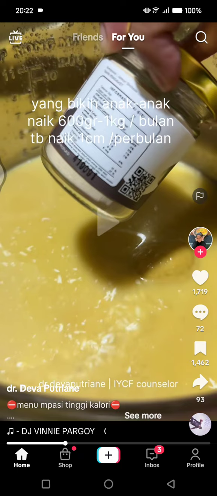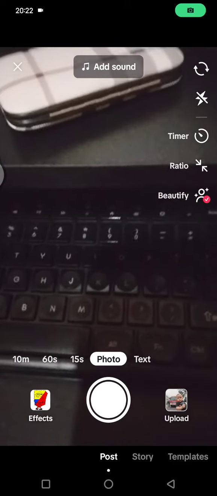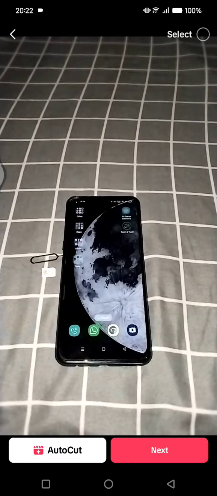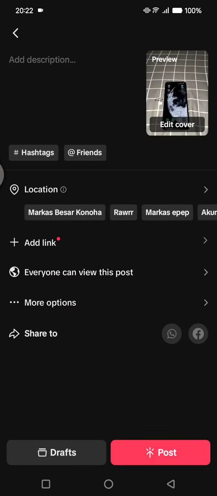So first, you can just click on the plus icon and start choosing the video that you want to upload. So I'm going to find the video first. So for example, in here I'm going to upload this video. Now just click on next again, and in here before you click on post, what you need to do is now click on the